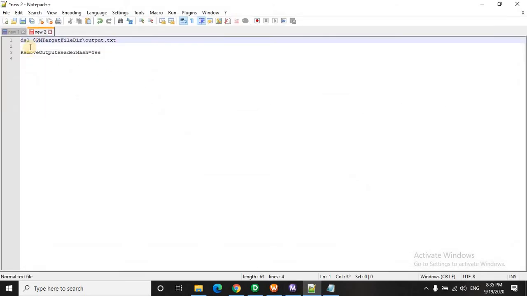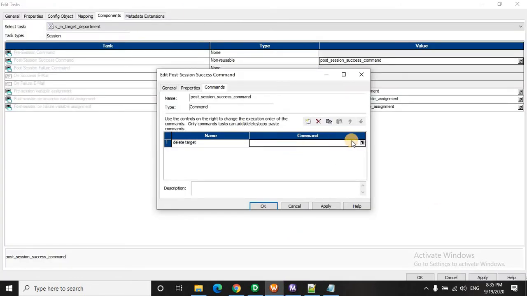For that, I have saved this command in Windows, so it is delete command. And if it's a Unix system, you can write an rm function and give the directory, that is the PM target file directory. It is already defined at the admin level, and you can give your file name. So let's add this command over here.